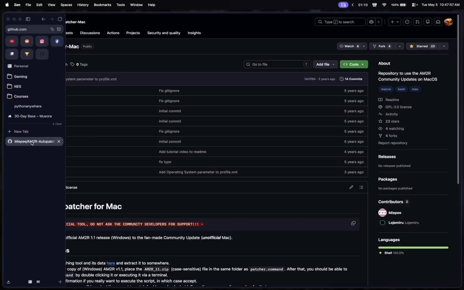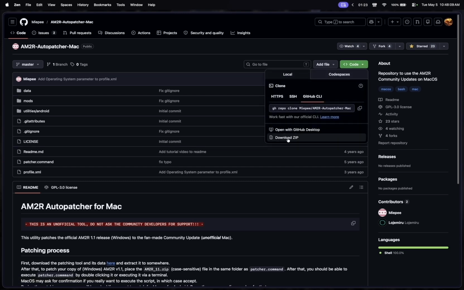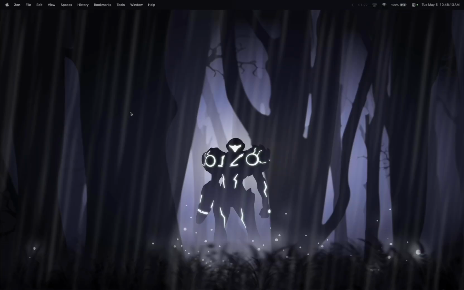The first one is you need to go to this AM2R Auto Patcher Mac repository on GitHub by Miepee. And you just need to download it either with this link or by going to Code and clicking this Download ZIP button. The other thing that you need is to download version 1.1 of AM2R,